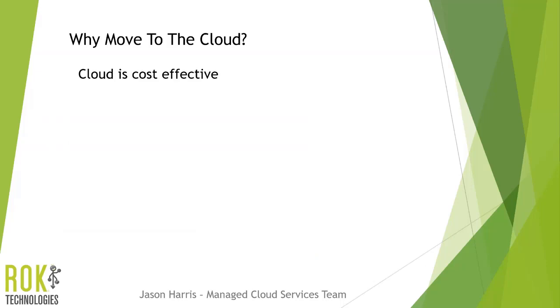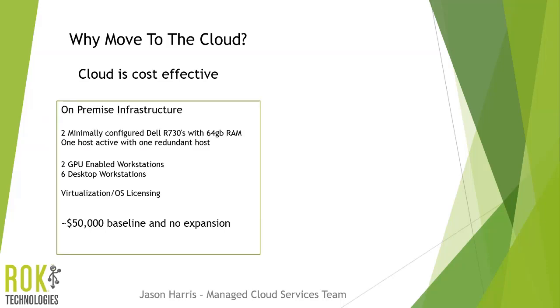And number two, GIS in the cloud is very cost-effective, and it's very, very easy to demonstrate a competitive return on your investment. Just doing some quick calculations, we're just going to take, for example, a new on-premise deployment, and we can quickly run through the numbers. We're going to take, just for example, two very minimally configured Dell rack servers, the ubiquitous R730. This is the one that we see a lot of people buying. We're going to use one for the main VMware host, and we'll leave that second one in place for redundancy in case of host failure.